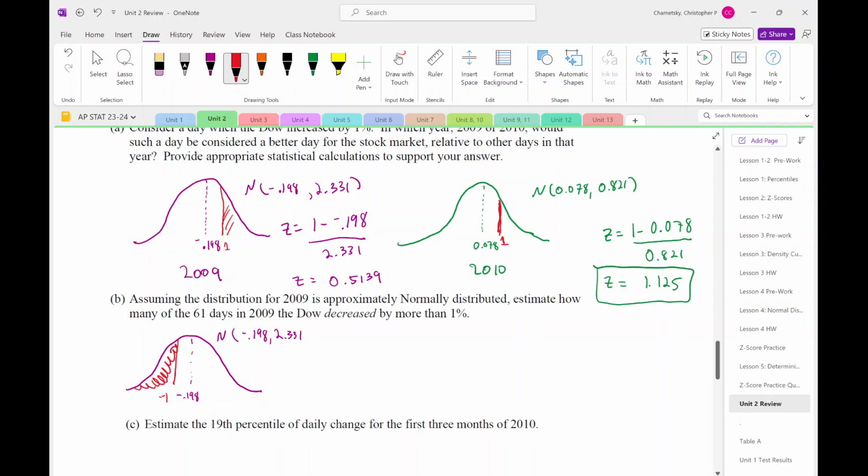So we are going to have to calculate the z-score. So -1 minus -0.198 divided by 2.331, and we get a z-score of